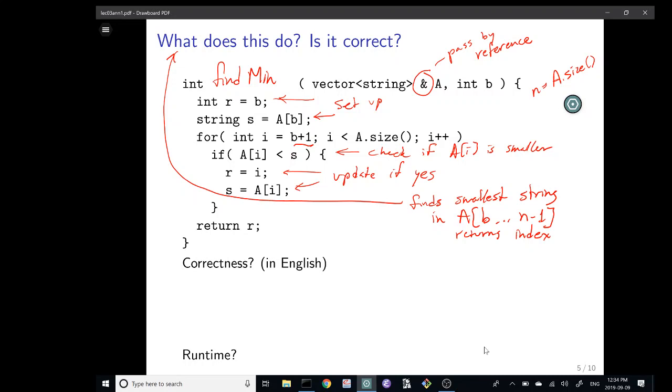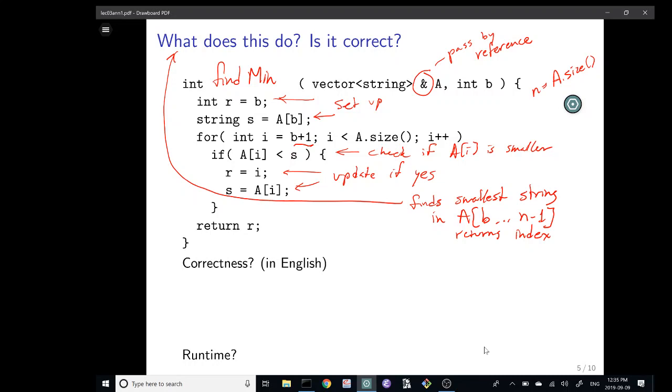Yeah, that's exactly right. So there's a loop here, and we're making progress every time we go through this loop. And we have to be able to encapsulate how that process is progressing, how each step of the iteration gets us closer and closer to our goal of actually finding the smallest string in A b through A n-1.